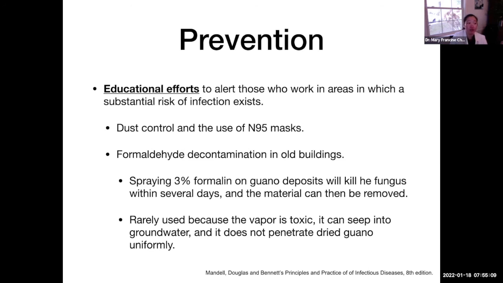And there is no vaccine against histoplasmosis. All that we can do is for immunocompromised persons to stay away and limit their exposure to soil, bird droppings or bat guano; give prophylaxis to those who meet criteria for it; and for those who expose themselves to histoplasma, that fungus, because of work or recreational activities, they should be wearing appropriate gear.